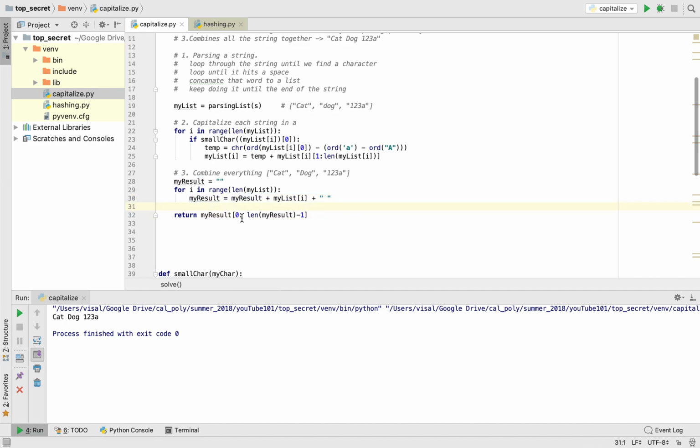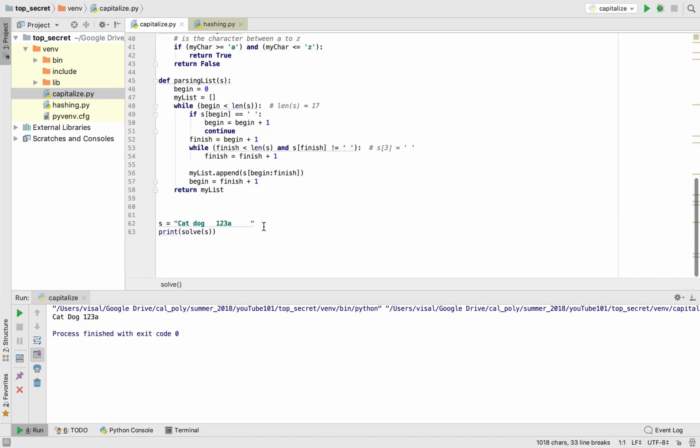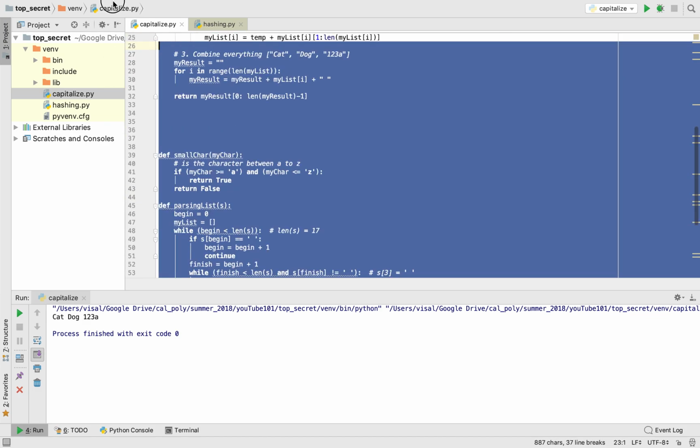So what I'm saying is, I'm returning my result from the beginning, and my result is a string, up until the length of my result -1, which is not including the last character, which is a space. So this is what we want. Alright, let's put it into our